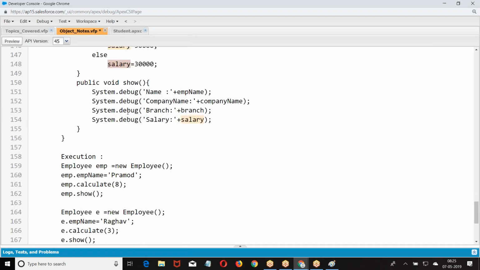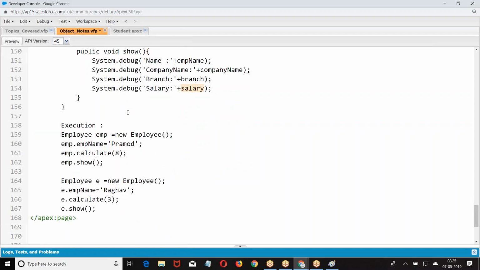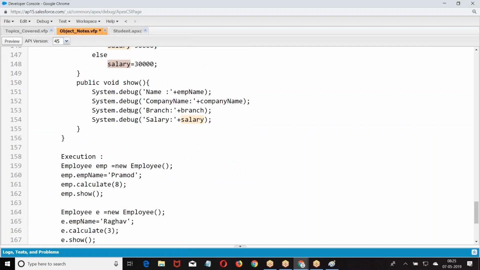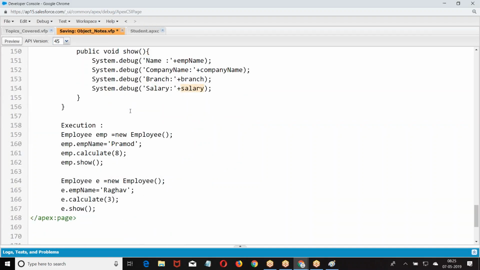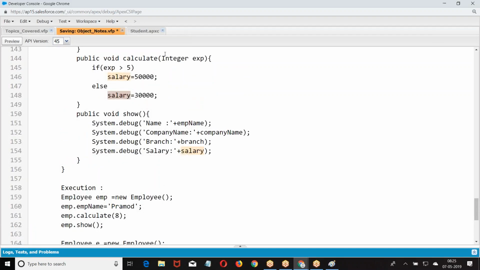But yes, I'm online. What is your query? So you are putting integer experience in the parameter, in the brackets. When we do that, we don't have to declare it at the top like decimal salary. This is a local variable. String employee, this is a local variable.